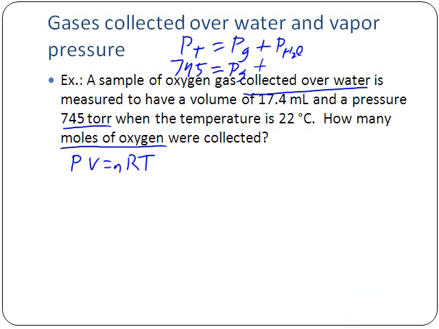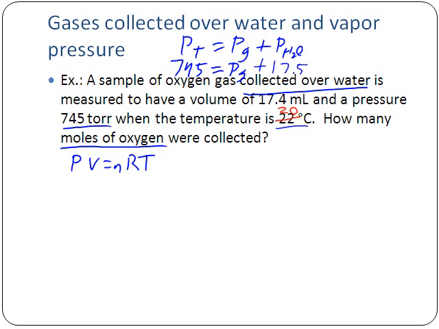Well, how do we know what the partial pressure of the water vapor is? Well, in this case, we're told that the temperature is 22 degrees C. And so if the temperature is 22 degrees C, then we look at our vapor pressure chart. Actually, just for the purposes of doing this, I'm going to make a little change to my problem. Let's say instead of being 22 degrees C, the temperature is going to be 20 degrees C, just to make this a little bit easier here. And so the temperature is 20 degrees C. We look at our vapor pressure chart, and we see that at 20 degrees C, the vapor pressure is 17.5. And so that means we'll say that the water vapor pressure is 17.5